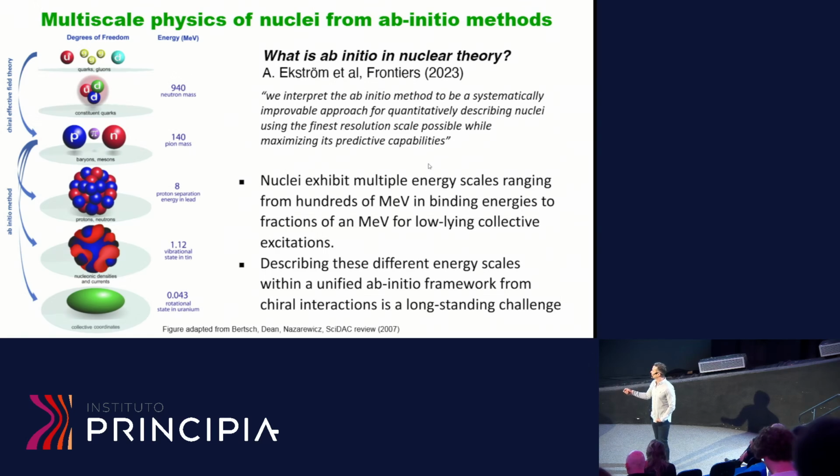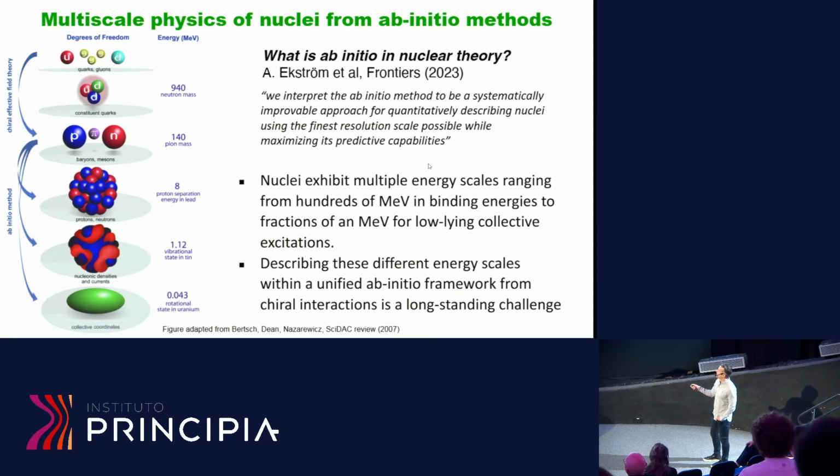Here you can look at the nucleus at different energy resolution scales. You see nicely that as you increase resolution, different degrees of freedom start to appear and emerge, and finer details are resolved once you get to high energy and you have quarks and gluons. You might naively say this is where we should start, but as we know, lattice QCD approaches to describe nuclei are not very predictive at this moment, so we choose nucleons as the starting point